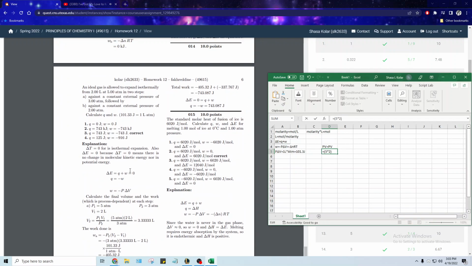Right. Okay. So against 3 atmospheres, we're looking for the new volume. So we divide by this pressure, 2. I didn't put down the numbers, but yeah. So this is our new volume. Our old volume is 2 liters. So what it's saying is that,